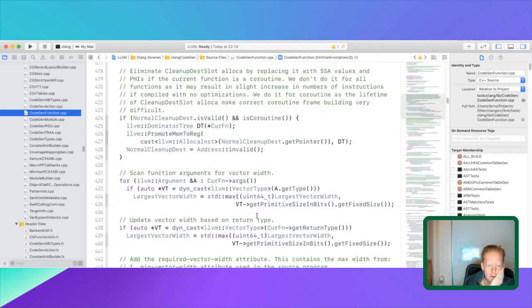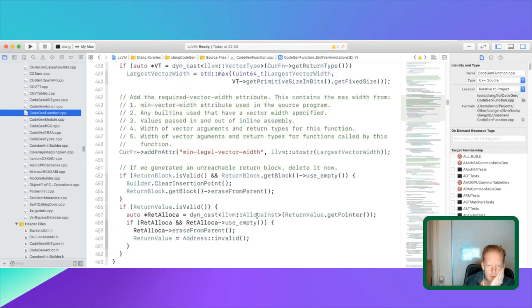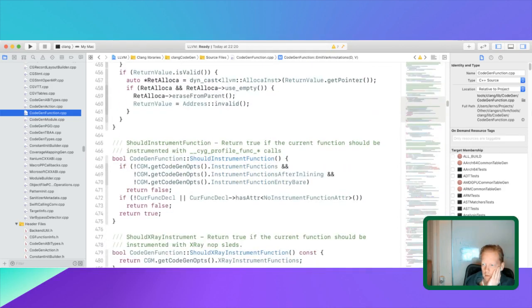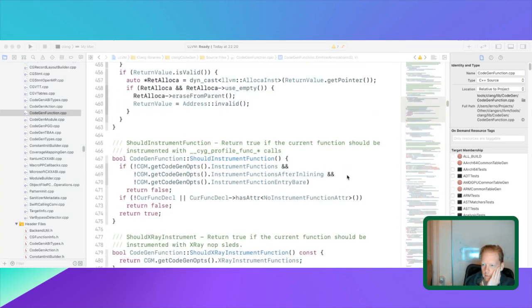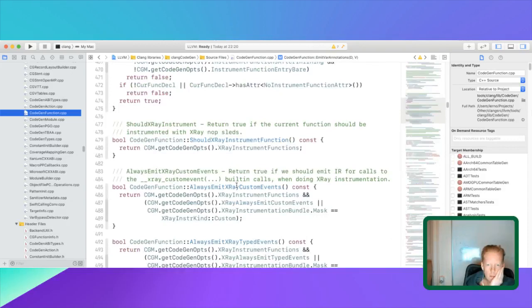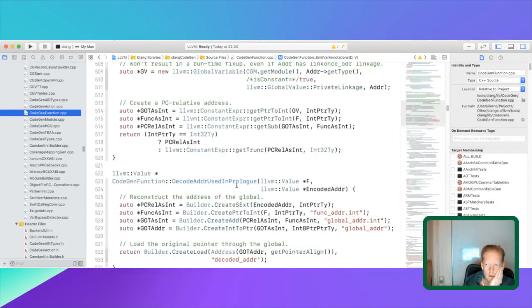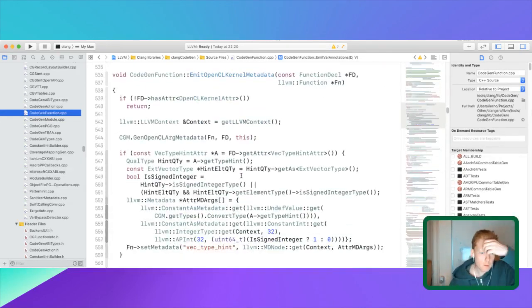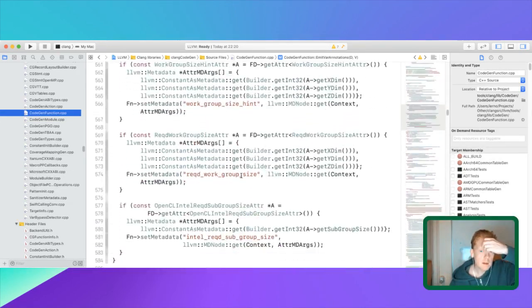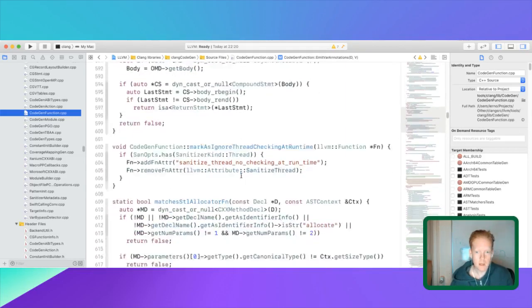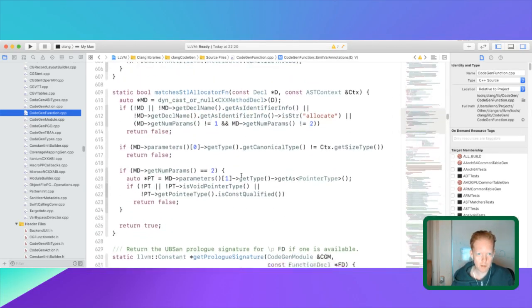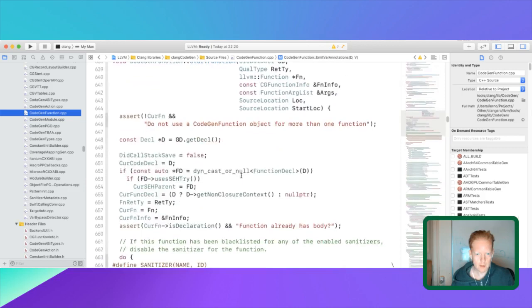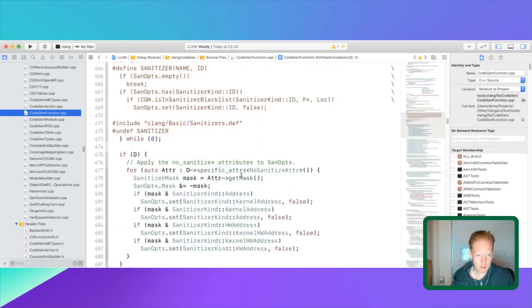So I'm here, somewhere over the rainbow. And I mean, this is 10,000 lines, so let's see if I can go faster, but it's hard to read. I don't know the code base well, so reading this, like reading a book, is